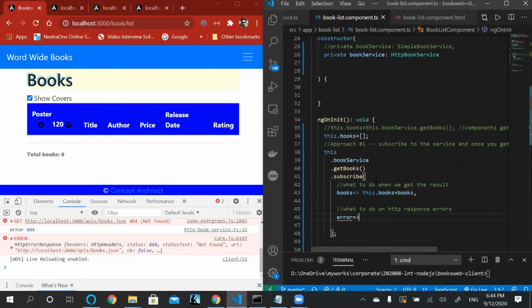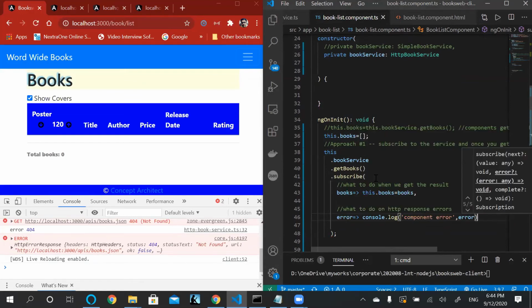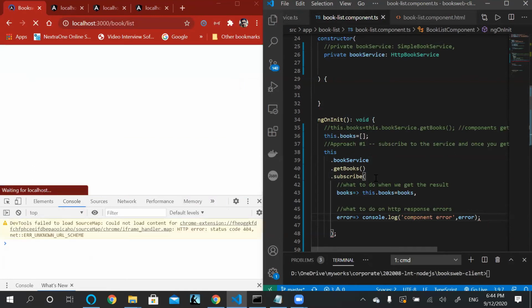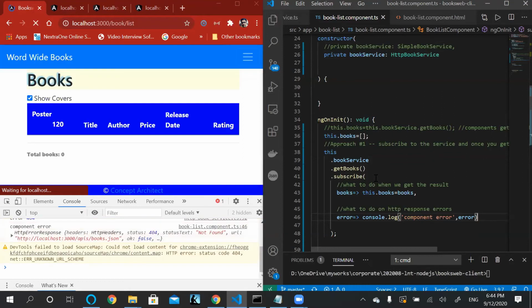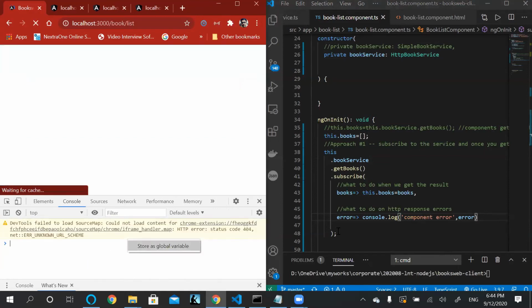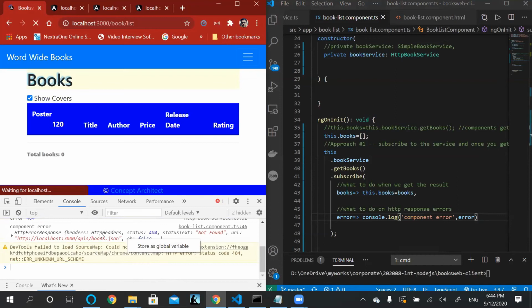And here I can simply say console.log component error is this error. And now you will get the message called component error on your terminal. It will say that this error has reached the component.